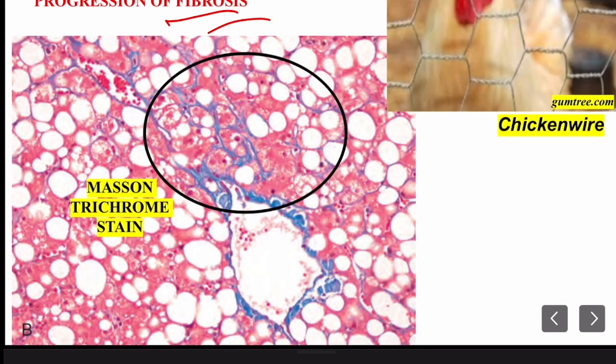Another important prognostic factor is fibrosis. Steatohepatitis can progress to fibrosis, with accumulation of collagen in response to the inflammation and injury occurring to the hepatocytes. Here the special stain, Masson trichrome stain, is used. These are the liver cells showing steatosis, and here this is the fibrosis. All these blue lines and hexagonal structures are formed because the fibrosis is pericellular, giving an appearance of chicken wire. So it is known as chicken wire fibrosis. You should also remember the conditions where chicken wire fibrosis is seen. We have discussed it in the last lecture.